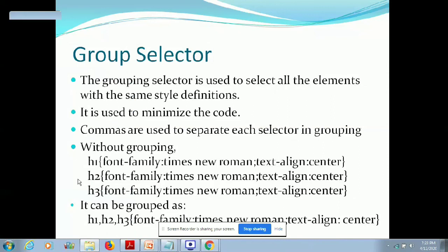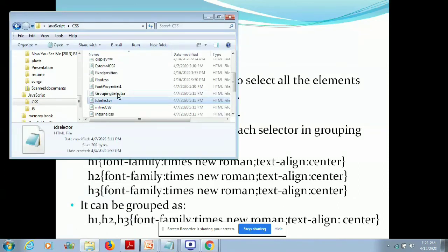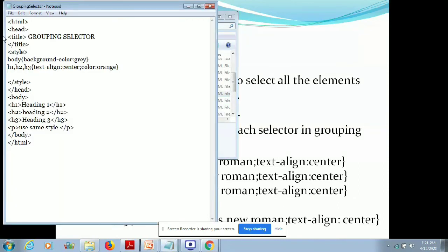Let's see one program related to grouping selectors. Here, body is given, background color is grey, then H1, H2, H3. So three tags, H1, H2, H3, are going to get the same style, which is text align center, color is orange.